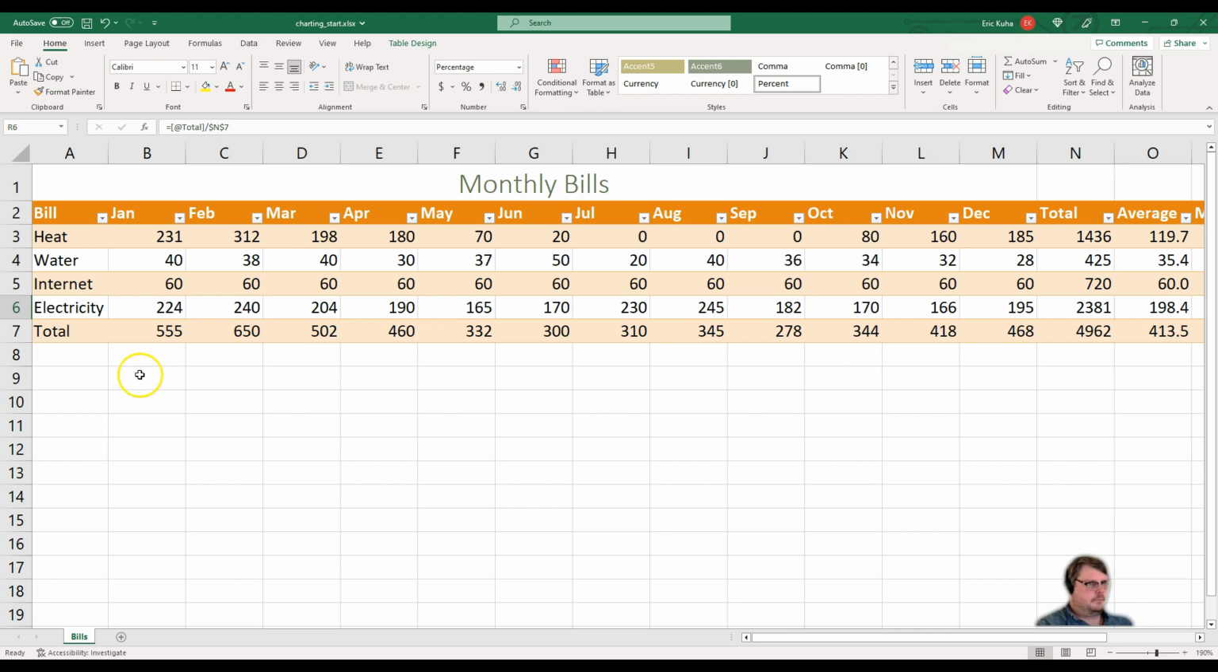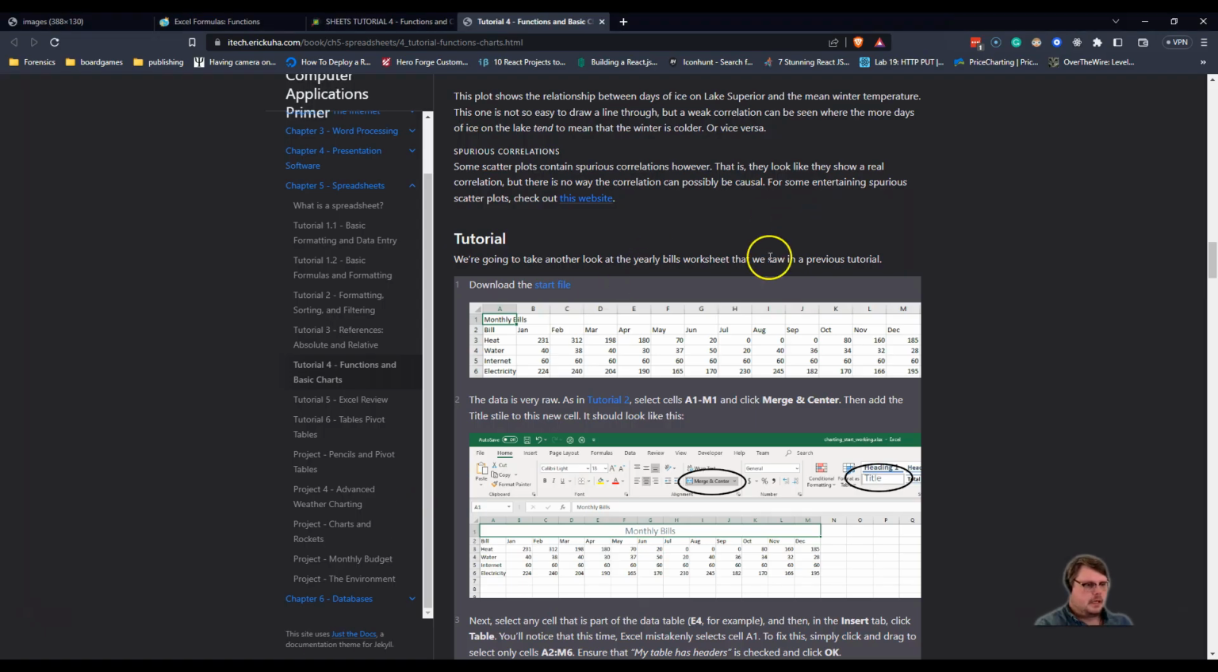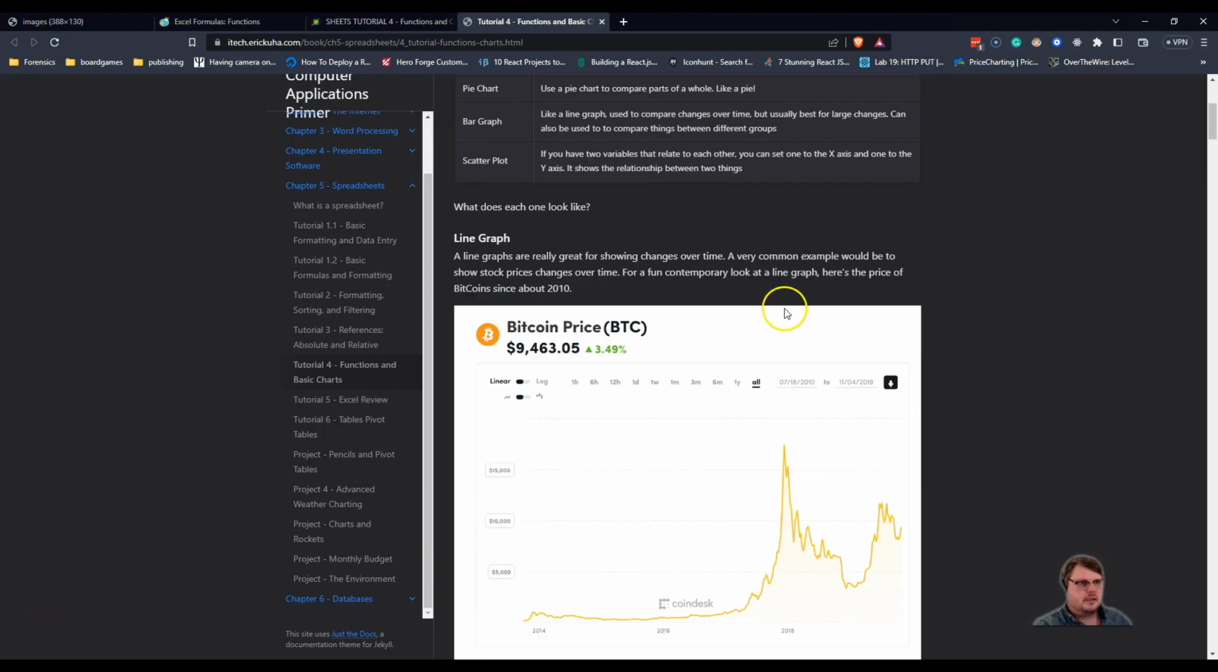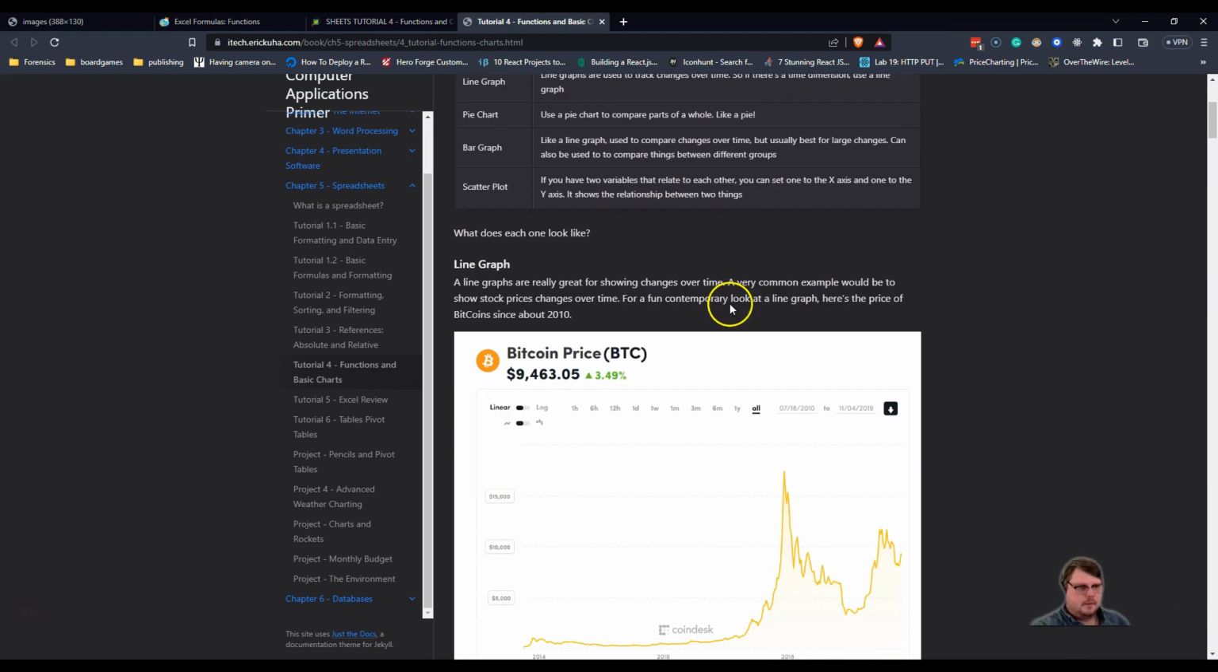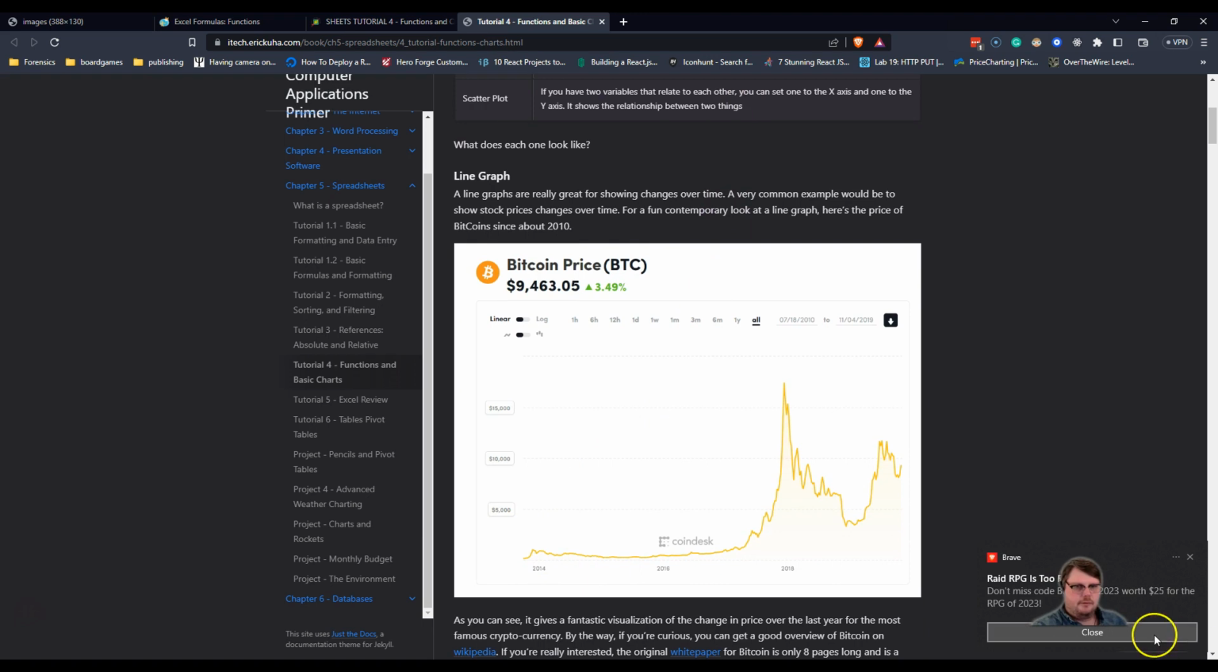But let's move on to charts. Now, a chart, what is a chart? A chart is a way of taking raw data and telling stories with it, which is something that humans are really bad at, looking at raw data and extracting stories. So one of the things that makes computers useful is that they're able to take raw data and then create a story with it. So like if I told you the price of a Bitcoin every day for these years,